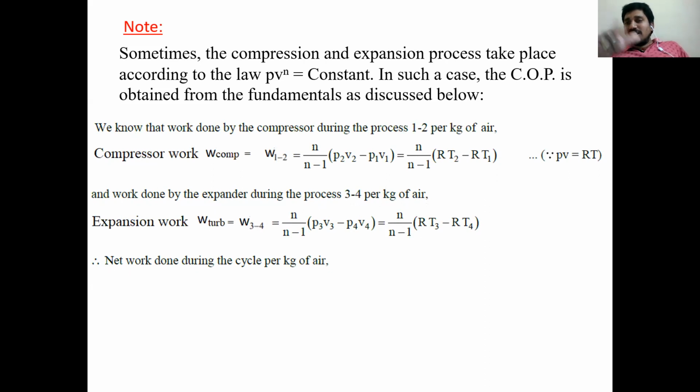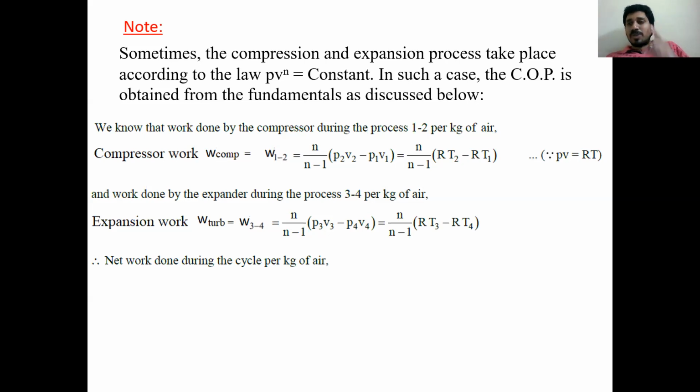Now the total cycle is closed, but each and every part, if you observe, is an open system. In the compressor, fluid enters in one direction and leaves in the other direction. It is an open system, not closed. The heat exchanger is also open. The turbine is an open system. And the other heat exchanger, in the low temperature region, is also an open system. So every part inside the refrigeration system is open, but the total cycle is closed. The working fluid continuously passes through that circuit only. It does not come from outside, and it does not leave to the surroundings.